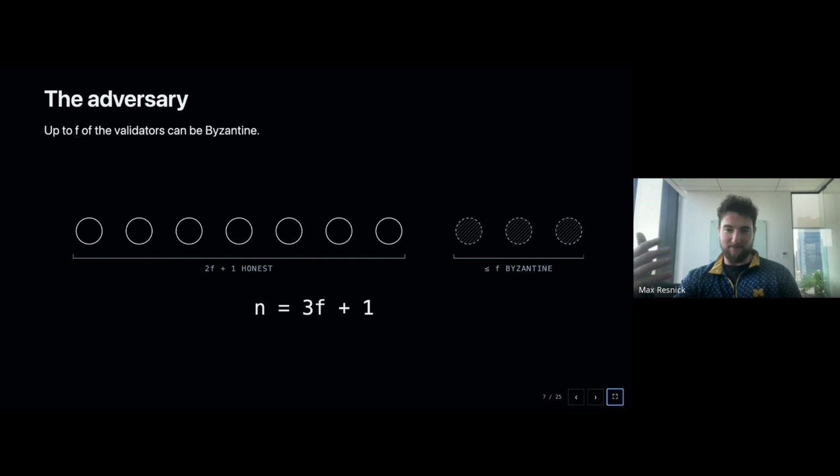So there's a bunch of details about how we model these mathematically. But the key is these guys can collude together and coordinate. So that makes them more powerful. This is a more realistic model, right? If somebody has 33% of the stake, then they're going to run the same exact attack on all of them. And they'll be able to coordinate however they want before the attack starts. So this is actually a pretty strong adversary. They can do a lot here. And so we need to be pretty careful about how we design these systems so that we don't violate safety and liveness.